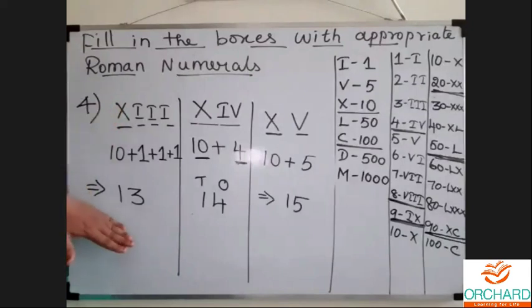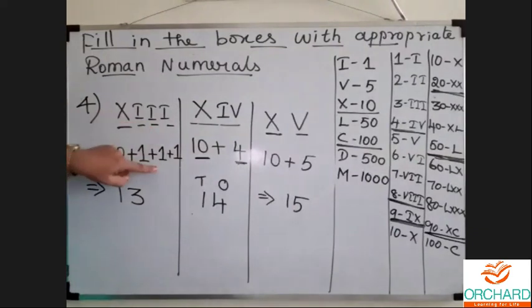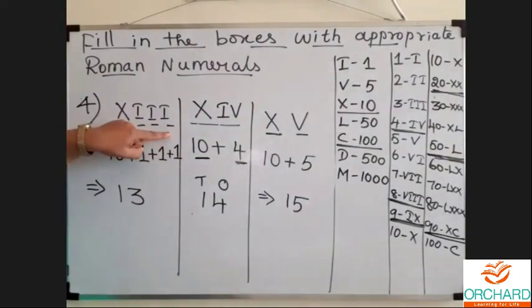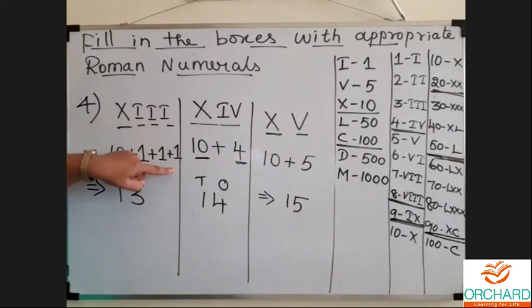Please listen carefully. Here we are going to find the middle value of the Roman numerals XI and XV. First, it is given in the form of Roman numerals, so we have to express this in Hindu-Arabic numerals. By using the chart, the letter X can be expressed as 10, I can be expressed as 1, again I as 1, and again I, which also can be expressed as 1.